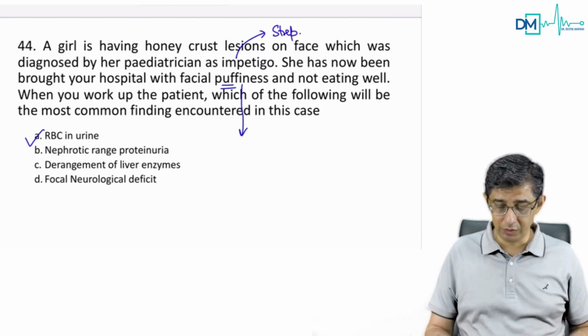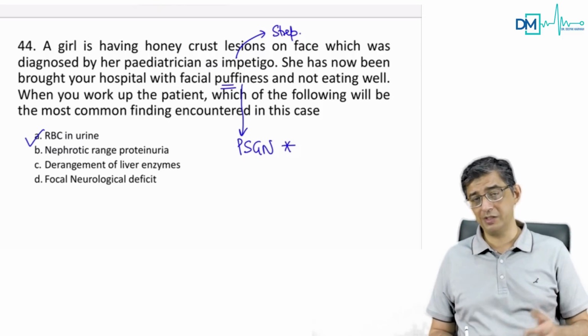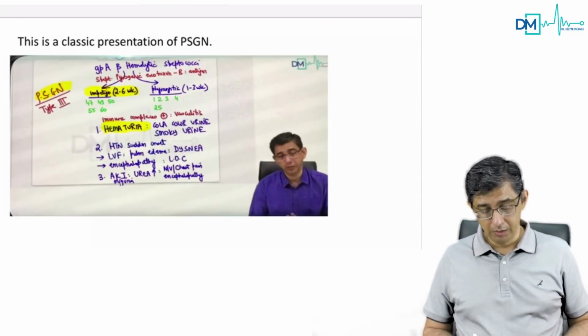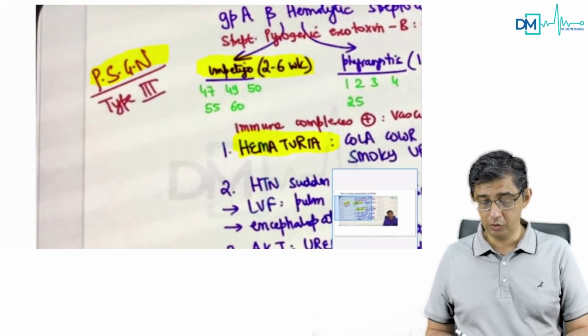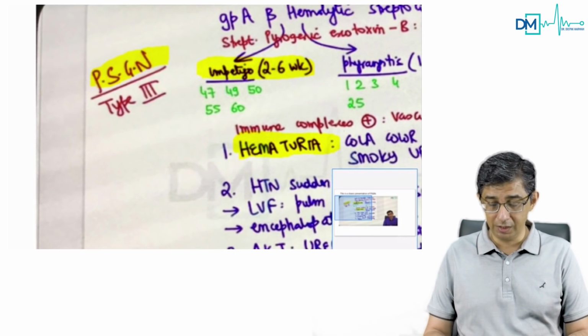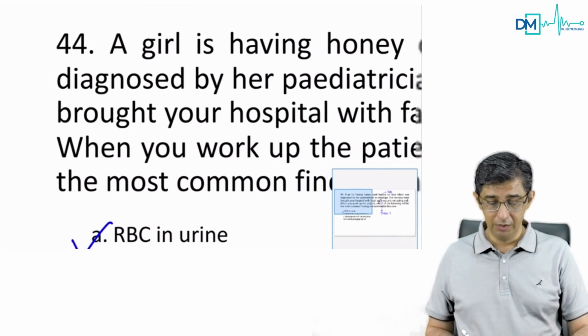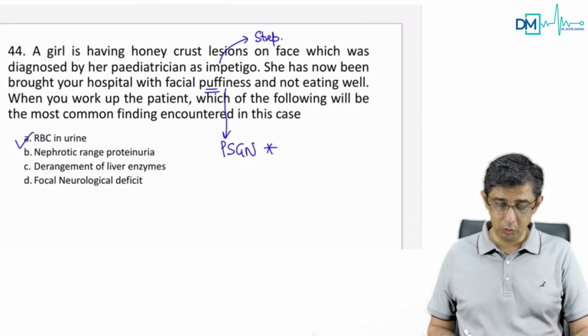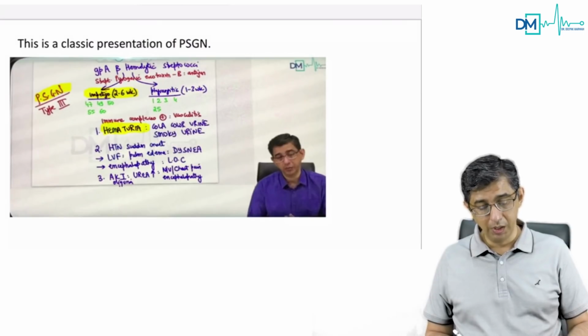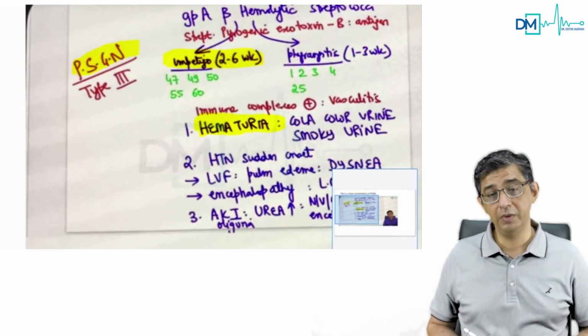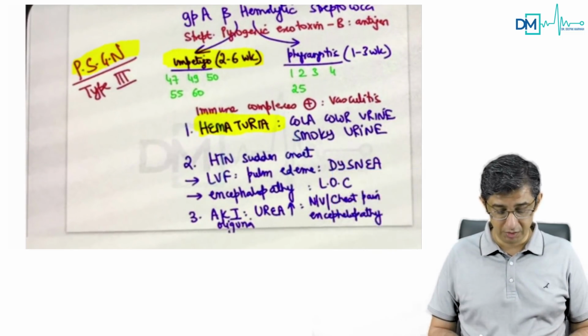So this patient is actually having post streptococcal glomerulonephritis, which will contribute to hematuria. So pretty straightforward. This is a classic case of PSGN, guys. You can go through the app section, I've described this very thoroughly. You can see impetigo will present after 2 weeks, and that was the history, that this girl has been brought after 2 weeks. She has not been feeling well initially after the impetigo episode, and there is a hematuria manifestation. So the clinical presentation is that of PSGN.